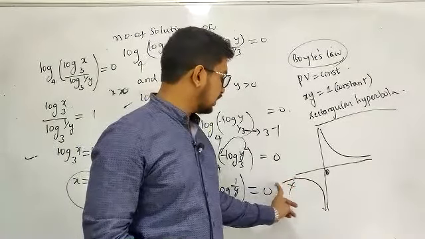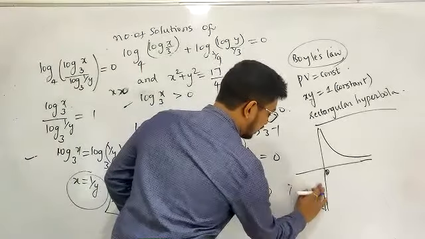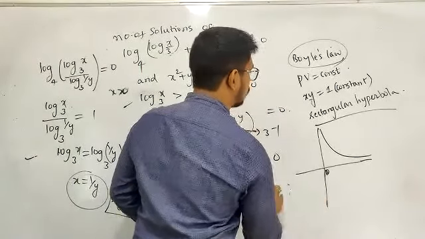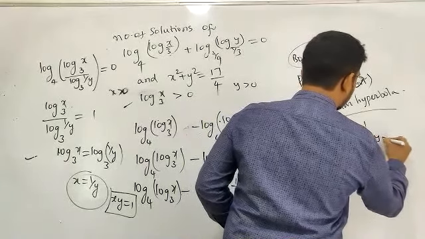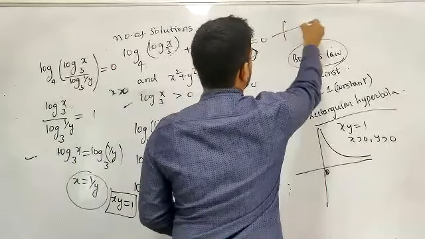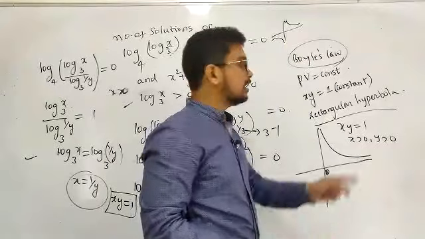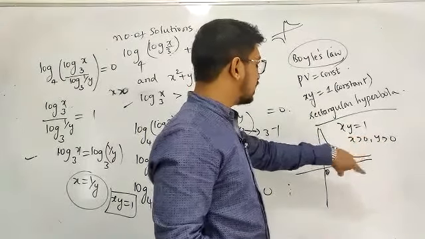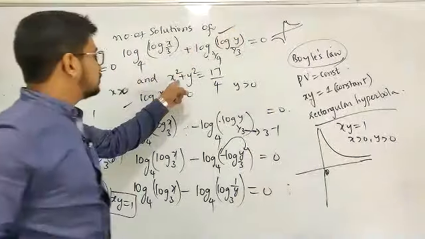So with respect to the given question, for xy greater than 0, for xy equal to 1 where x is greater than 0 and y is greater than 0, this is the graph for your rectangular hyperbola. This is the original graph, but for this question, as x is greater than 0 and y is greater than 0, this is your graph. First is done. Now you observe the second one.